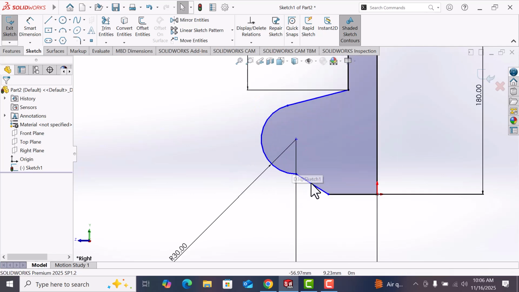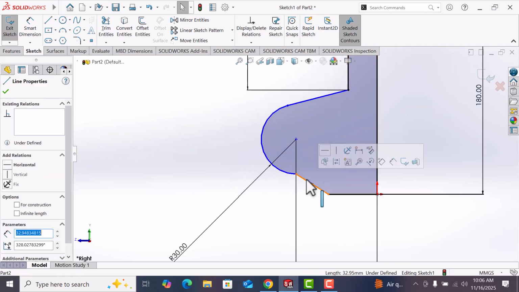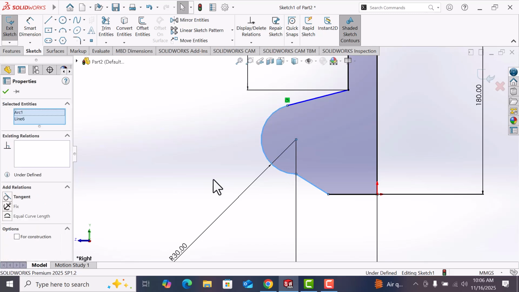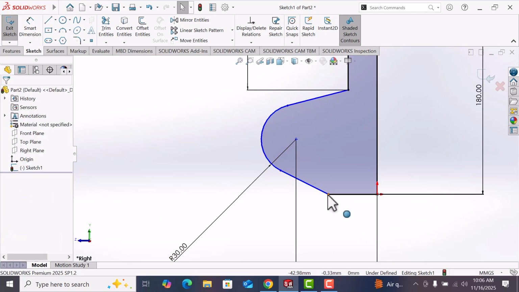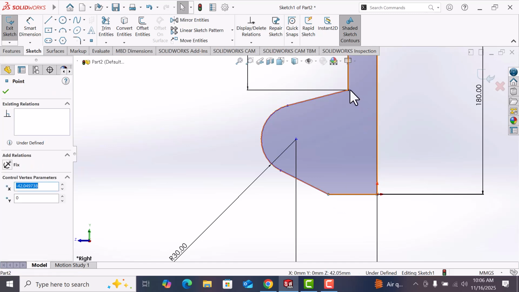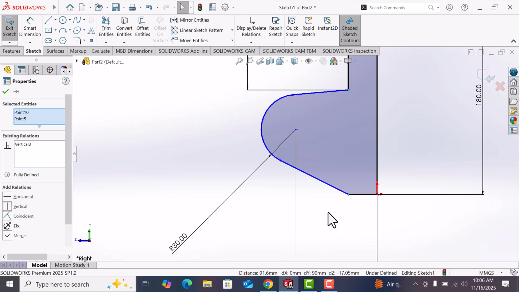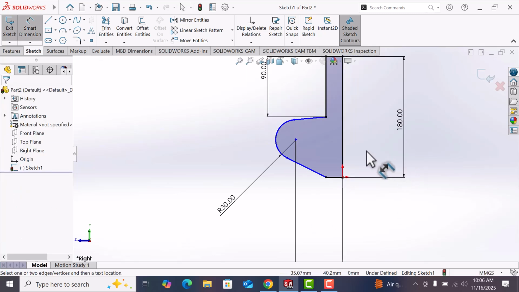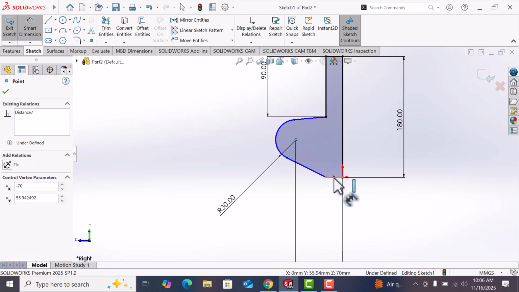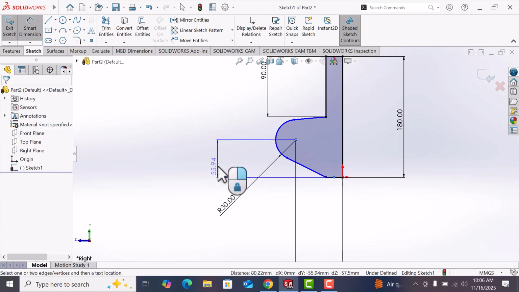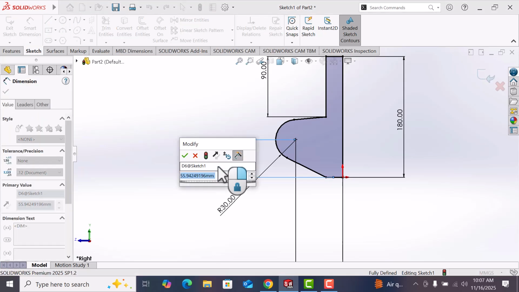Okay. Now this line controls this arc, tangent. Okay. Now this point controls this point, vertical. Okay. Now go to this point and this line, below 45.